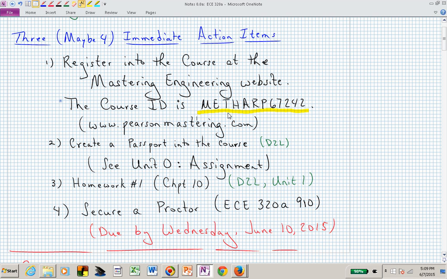You need to register again. That's immediate action item 1 with the homework website, which is Pearson Mastering with this course ID. The next immediate action item is to allow me to become a little bit more familiar with you, and that's